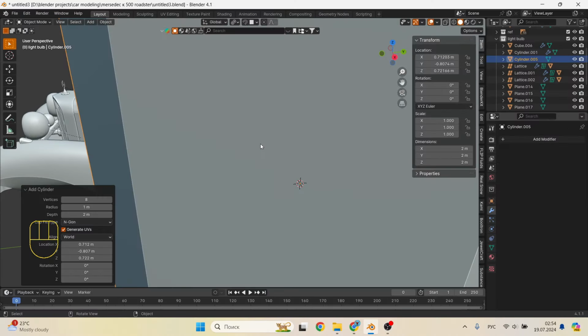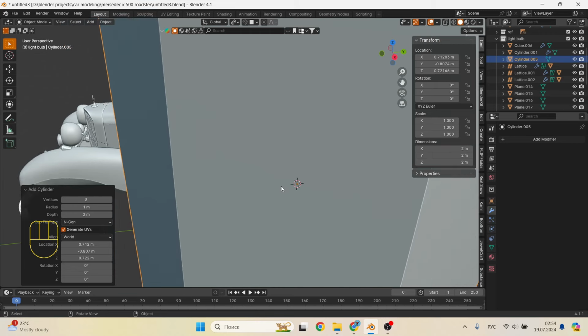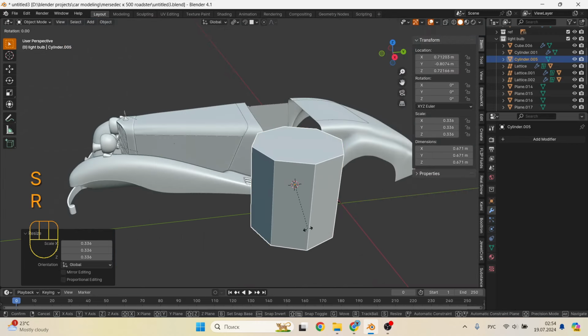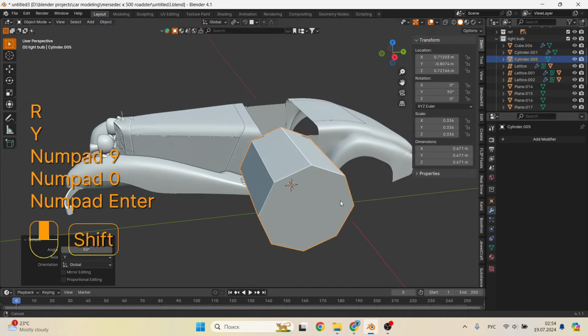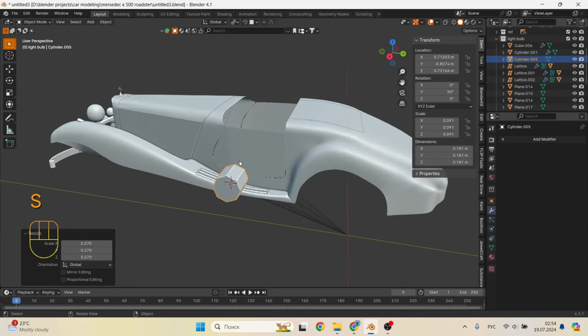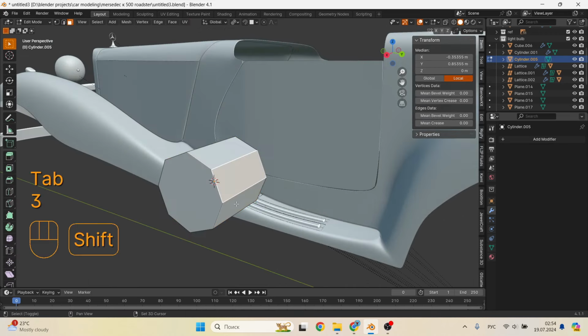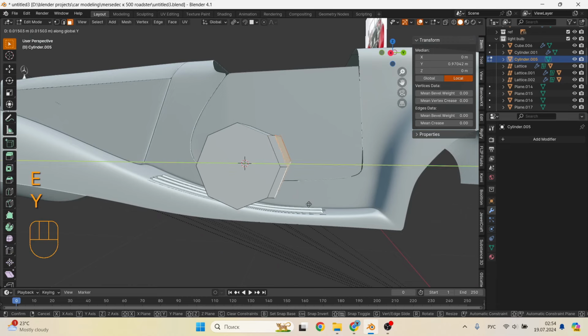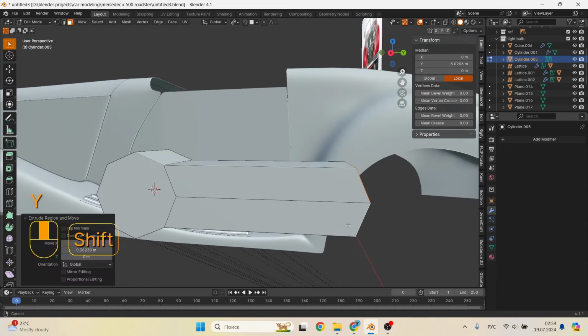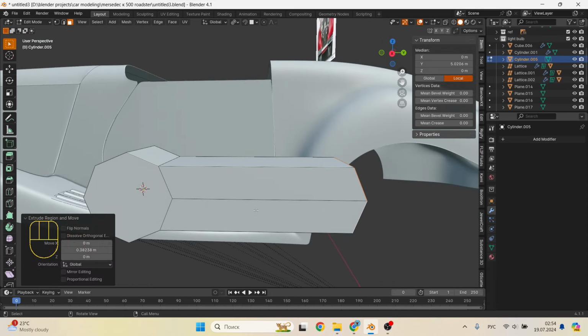A cylinder will help us in this matter, but in the small menu on the left, you need to set the number of vertices to 8, in order to make it easier to work. We reduce the cylinder. Turn it in our direction. Now two side faces can be extruded along the Y-axis. Add one loop cut in the center.